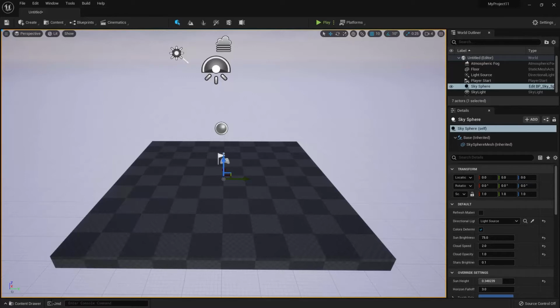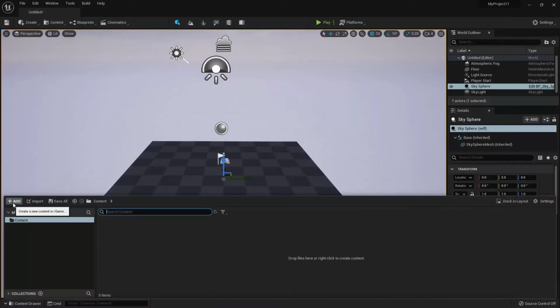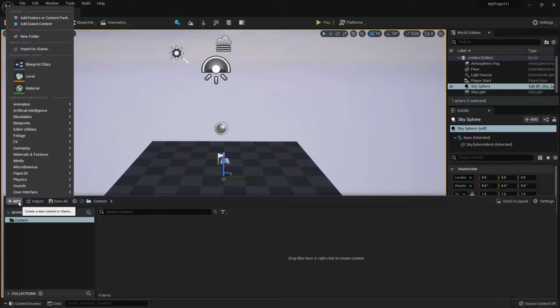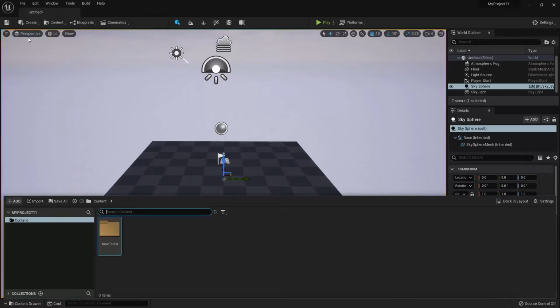First off, in the upper left is the Add button, which can be used to add a variety of assets to the content browser. For example, if I click on New Folder, it will add a new folder within whichever folder I'm currently in, and I can then name it. And I'm just going to name this folder My Imports